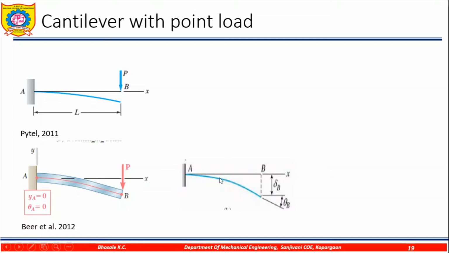So one condition is that when the beam is fixed at the cantilever, at this point there is no deflection because this is a fixed end. So there will not be any deflection at the point A. As the line remains horizontal, the slope at this point will be 0. However, the free end will deflect, and we have to find out the slope at the point as well. So here we have to find out the deflection as well as slope at point B.